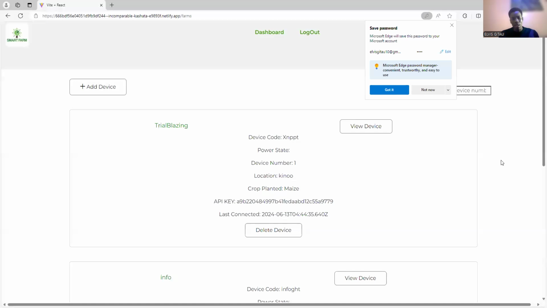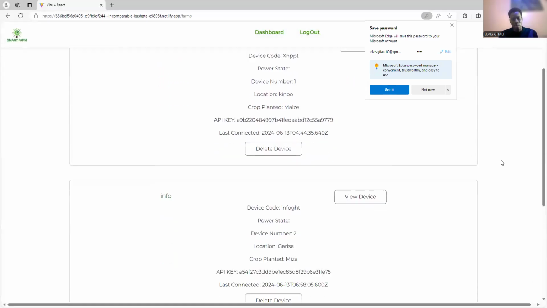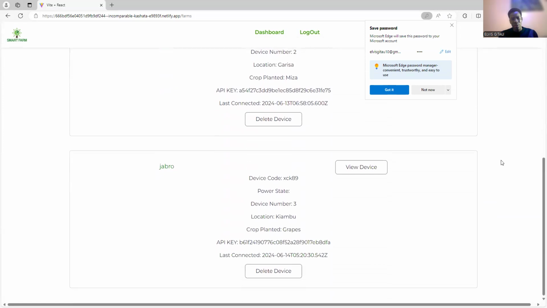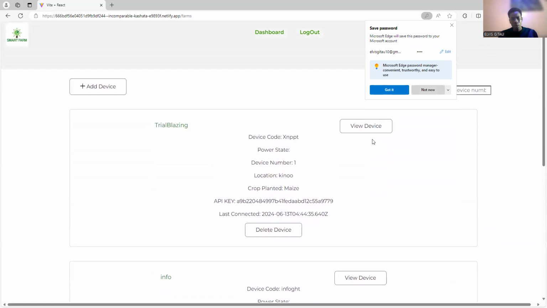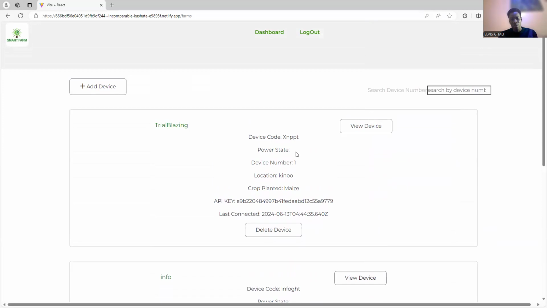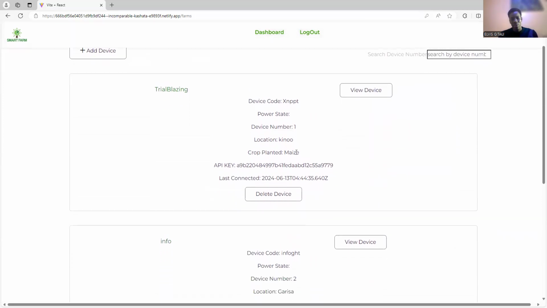This particular user has several devices. I'm using MongoDB for storing these data sets. You can see that I wrote some names and codes, and the power state displays whether the device is on or off. This is the first device, the second device, and you see you have different locations. If you have a microcontroller in Kino, Garissa, or any other place, you just specify it, and the type of crop